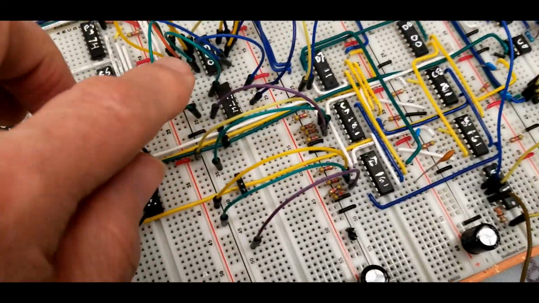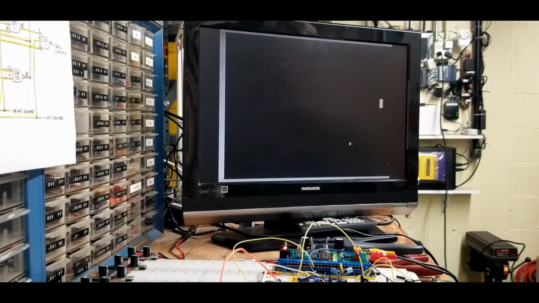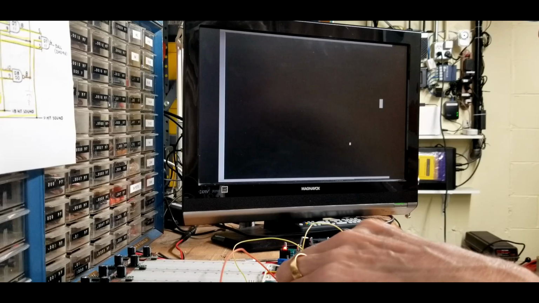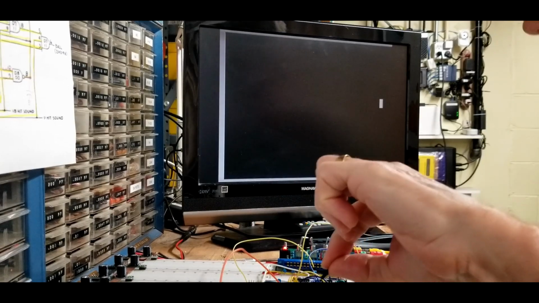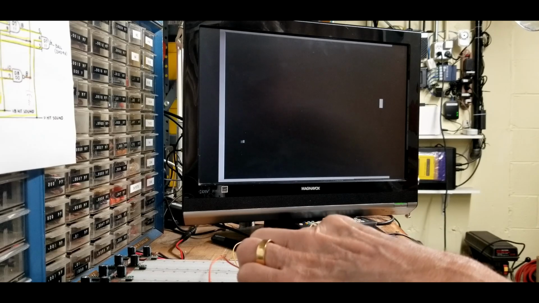I jumpered this up here. Let's pull this line for medium speed and hook X2 to the flip-flop output. Well, it changed direction.